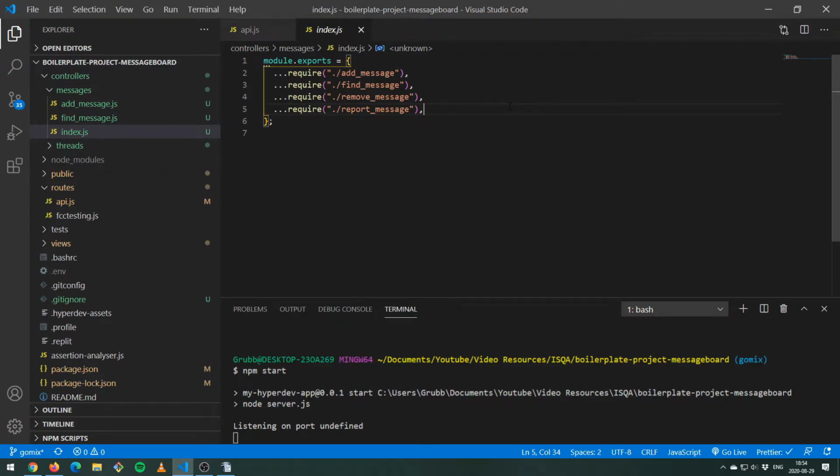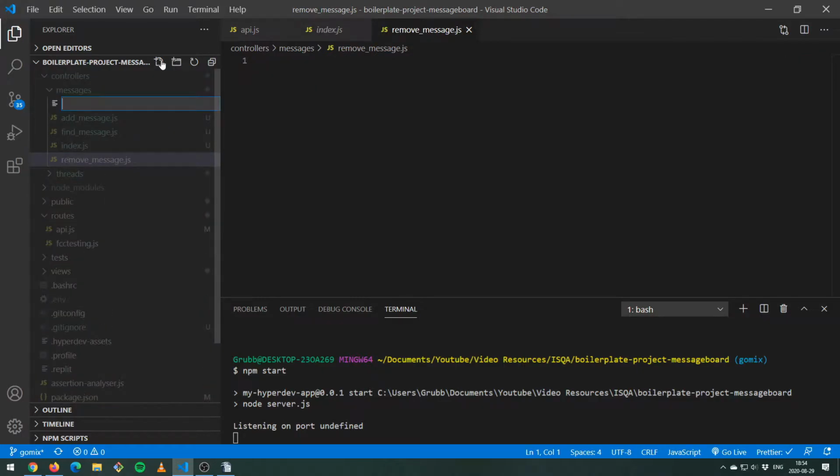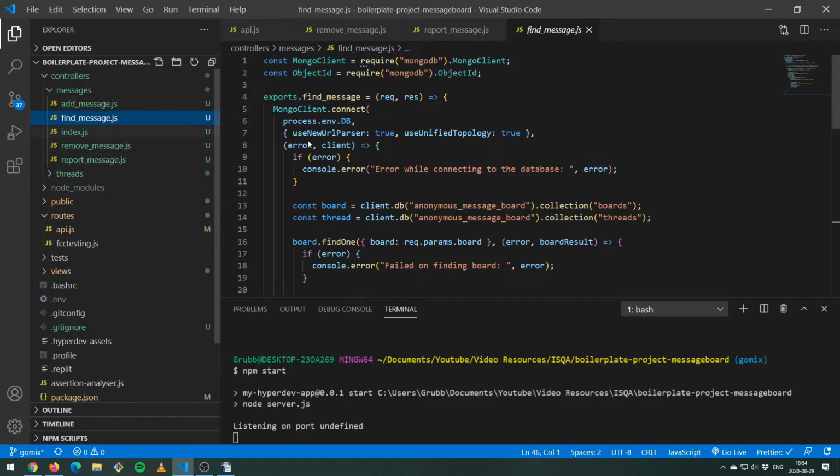Alright, welcome back. In this video, we'll look at the remove message and the report message for this application. And to do that, we can go ahead and just add those files, first of all. So remove message.js, and we can add another one called report message.js. And if we start with the one that's remove message, we can go into this one first